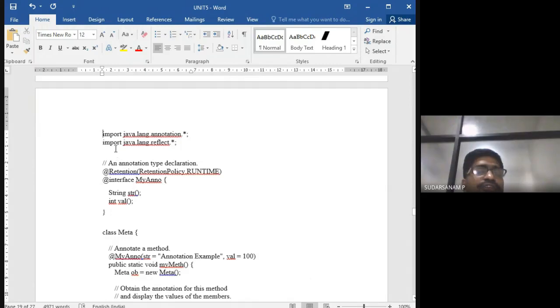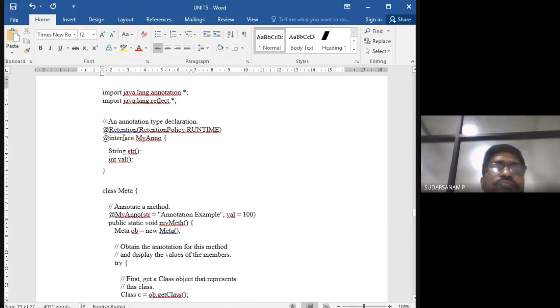As I told you already, what packages are required? It is java.lang.annotation.*, that is the import you have to do. Another one is java.lang.reflect.*. From these, all the methods will be imported. The syntax we have already decided. The second is the way of defining the interface, and for runtime linking purposes this will be declared first. Now let us see how it works, with @Retention policy of runtime. These are the policies.